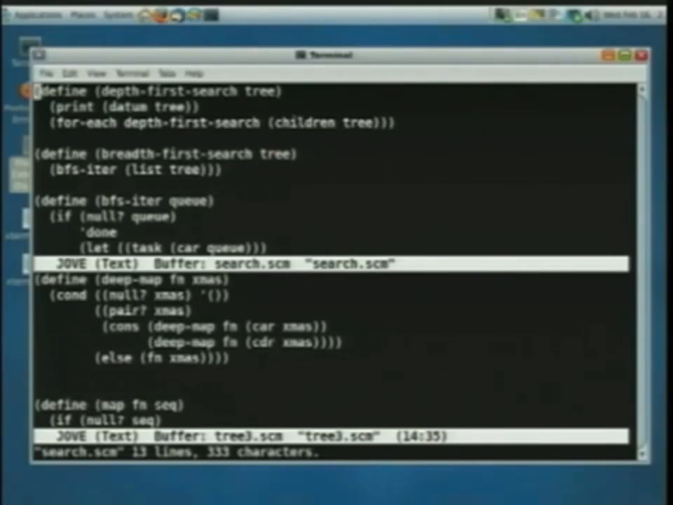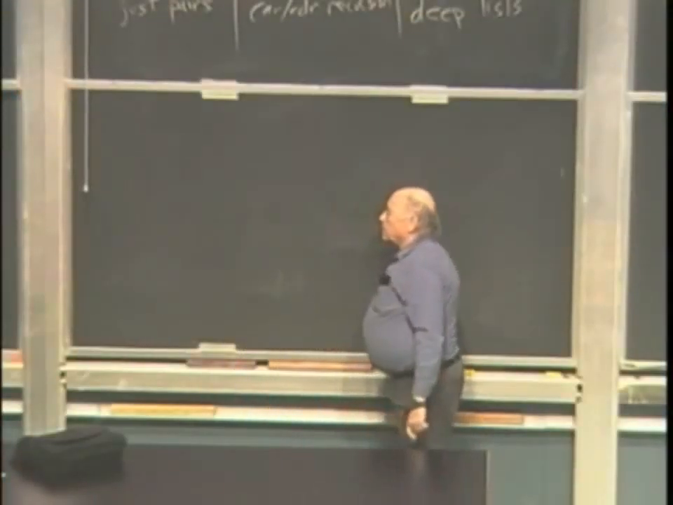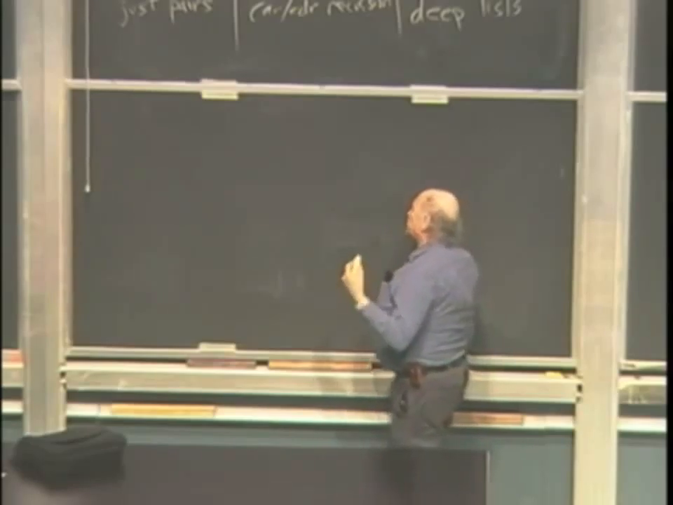So let's say we have a tree. It's a capital T tree. It's an abstract tree. And we have, I don't know,